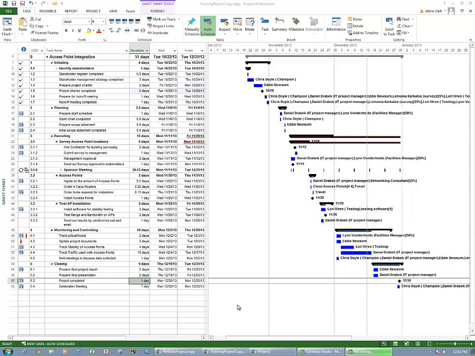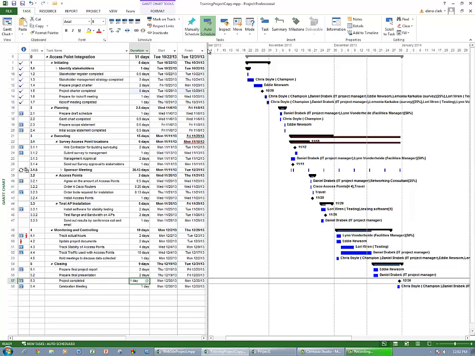One of the keys of a successful project is to have your WBS tasks in the right order. Another one is to make sure that one triggers the other in a sequential fashion, because some tasks are dependent upon others before they can start. So the first thing I'm going to do is set up my table so that I can see those predecessors